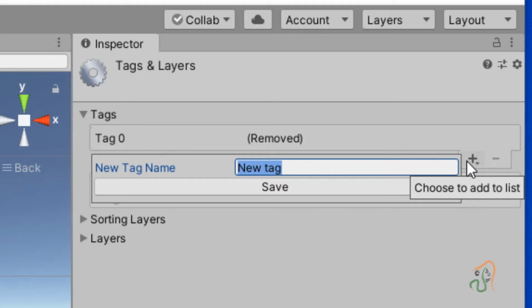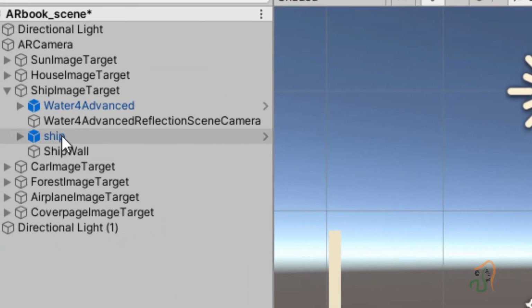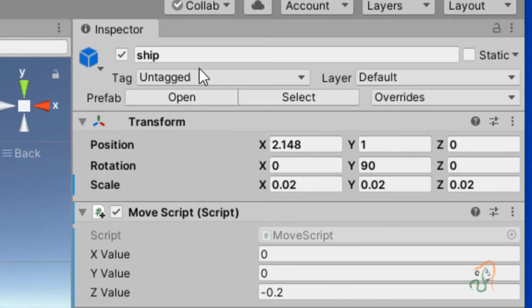Click plus and name this as ship hit, and click save. So we have created a tag ship hit, and after creating this tag, come back to ship wall and in the tag choose ship hit. Ship hit tag has been selected.